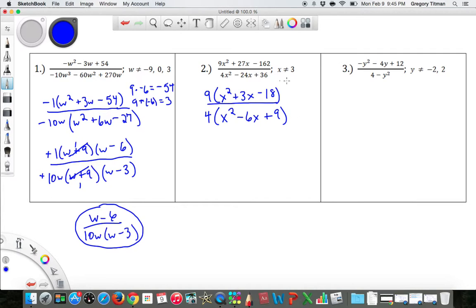So again, this only helps us in factoring the denominator. We're on our own for the numerator. The factors of -18 that have a sum of positive 3 are going to be 6 and -3. So the numerator factors as 9 times x plus 6 times x minus 3. And in our denominator,